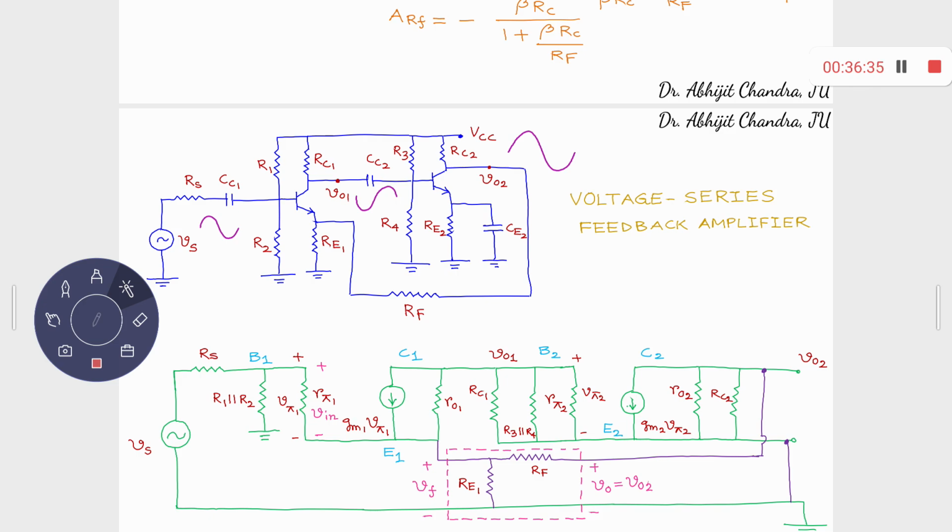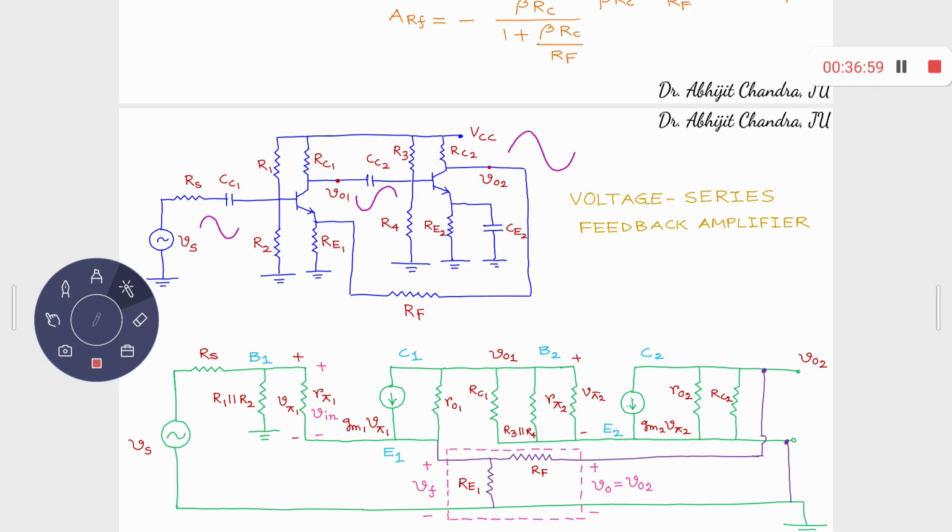So when this goes negative, this also goes negative. When this goes negative, this emitter terminal also goes negative. It's not the collector terminal, it's the emitter terminal. Base to emitter, you have only a 0.7 volt drop. You have a simple PN junction diode over there. So when base 1 goes positive,